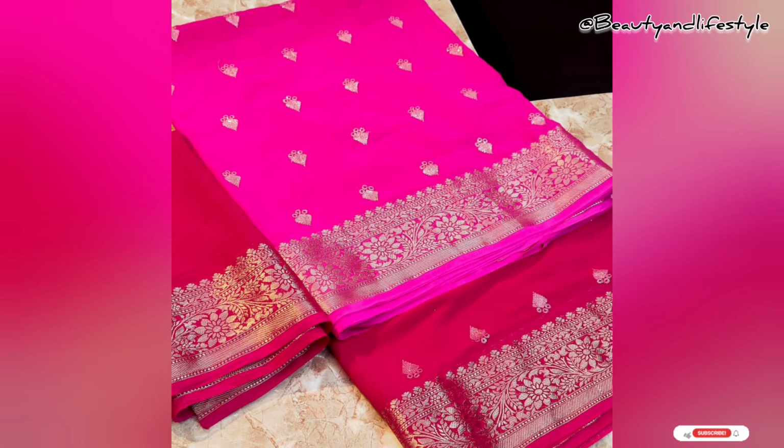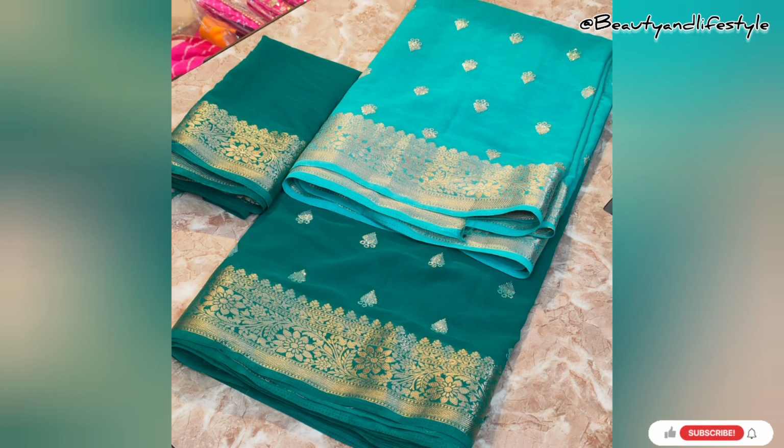Every thread has been carefully woven to create a masterpiece that is sure to elevate your style and grace. The Dolla silk fabric saree offers a perfect blend of comfort and sophistication. Its lightweight texture makes it easy to wrap, allowing you to move with ease and confidence. Whether it's a formal event or a special occasion, this saree is your go-to choice for a stunning and graceful